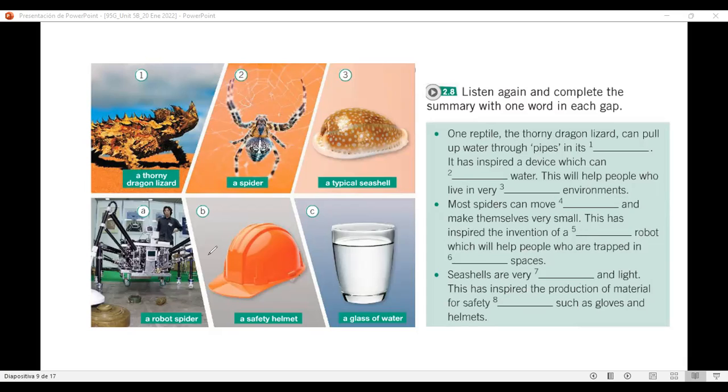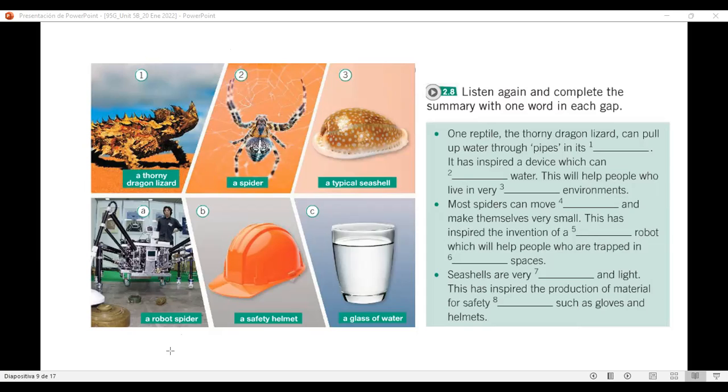Do you remember that previously at the beginning in the video, we talked about this science that is inspired in nature to make some things? ¿Sí? ¿Se acuerdan que vimos al inicio un video en el que nos explicaba que hay una ciencia que se inspira, ¿no es cierto?, en la naturaleza para crear ciertos objetos? Right? We're going to see which animal was the inspiration for these 3 different inventions.